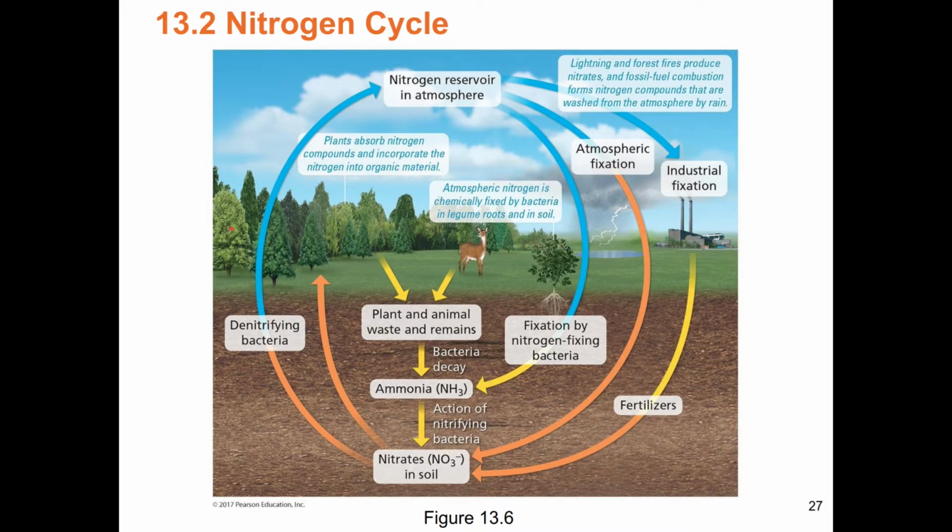Sure, it's great. 78% of the atmosphere is nitrogen. Plants, their leaves are open, the stomata are open to the atmosphere, but the gas nitrogen in the atmosphere, they can't use it. So atmospheric nitrogen is chemically fixed by bacteria into the soil where plants can get at it. That's how the nitrogen becomes available for plants. Oh, right. So it's a biogeochemical cycle, right? It's the bacteria that are actually doing the fixing of the nitrogen that was in the atmosphere. Now it's in the soil, but it's there because of the bacteria.